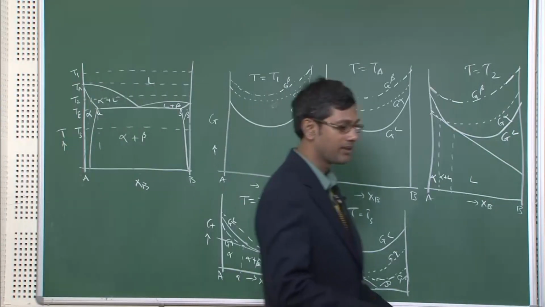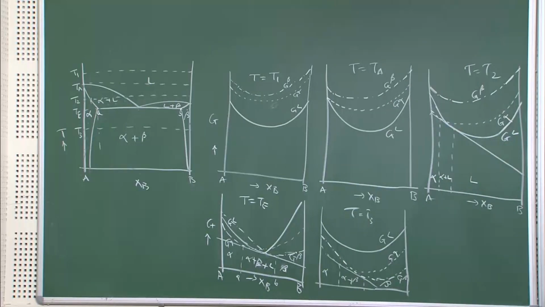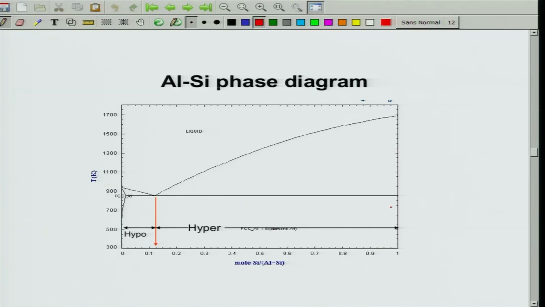So let me just go back and start discussing aluminum silicon alloy, what will happen. And I told you that aluminum silicon is a very important alloy system, and this phase diagram is shown here, you can clearly see. It is a classical phase diagram in the sense that there is a eutectic point here, this is the eutectic point, a temperature, and composition is given by this. It is about 11.8% of silicon, and temperature is about 573 degrees Celsius, and importantly you have a single phase zone here, alpha,